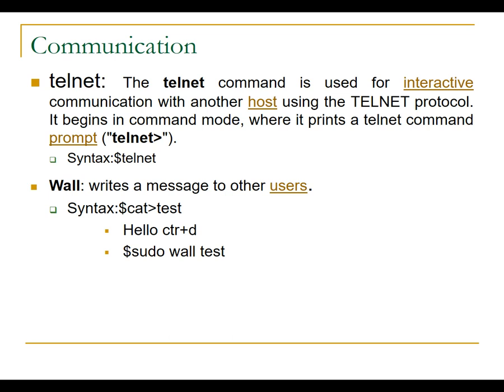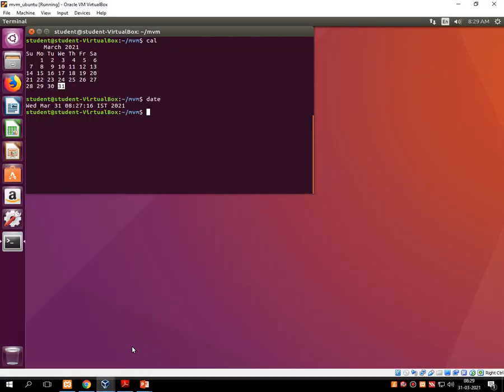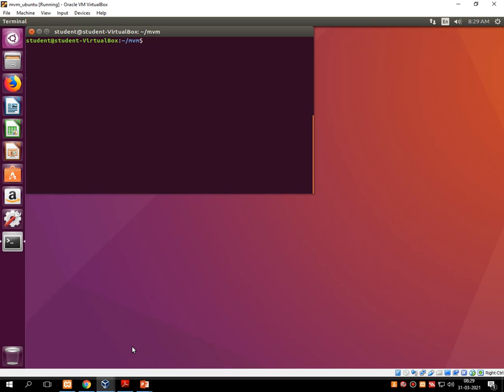We will not perform them practically. So what is the syntax of the wall command? First create a file, then store some content, and then write $ sudo wall test. Whatever content is stored inside the test file is passed to all the users who are connected with this particular terminal. Let's try to perform it. What happened? Let's see.